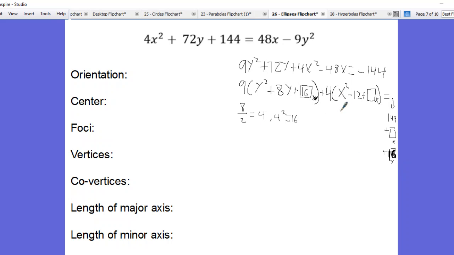And for this one, negative 12 divided by 2 is, sorry, negative 6. And negative 6 squared is 36. Negative 6 times negative 6 is positive 36. So that value is 36. It's hard for you guys to see, but listen to my voice. And so we have 9 times